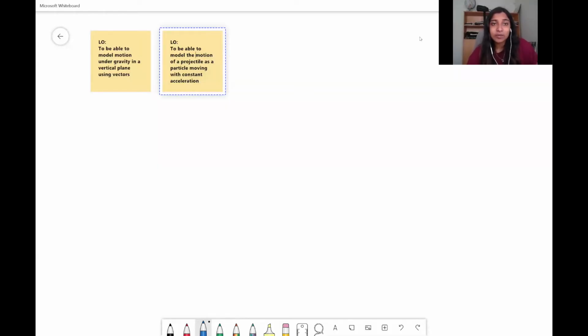So today we're going to be going over how to model motion under gravity and also projectiles. Please review the videos on constant acceleration formulae, trigonometry and vectors, as we're going to be using that in this video. So the learning objectives are to be able to model motion under gravity in a vertical plane using vectors, and also to be able to model the motion of a projectile as a particle when moving with constant